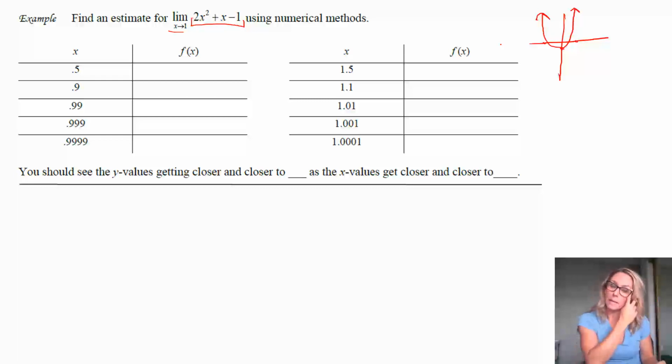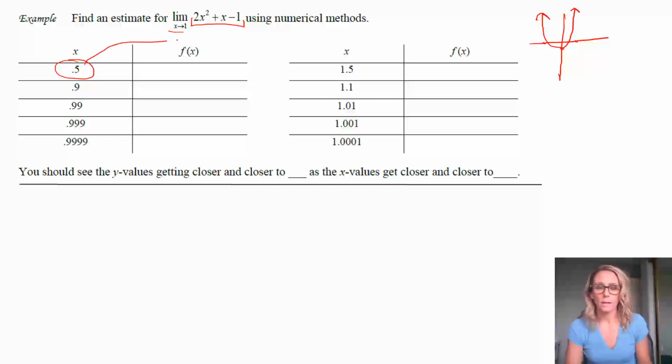So what that's telling us is that every time we put in an x value, out will come some real y value. But in order to estimate using numerical methods, because that's the first thing we're doing essentially, this plug and chug. So all this is telling us is take the 0.5 and plug it in to 2x squared plus x minus